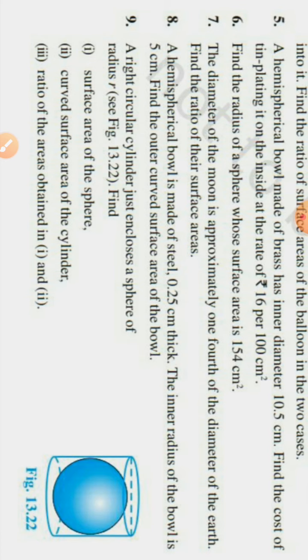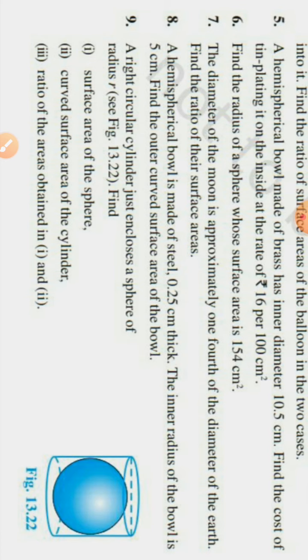Only the radius of the sphere is given, nothing else. But out of the radius of the sphere we can find the height of the cylinder as well as the radius of the cylinder. If you understand the question and the figure well, then you can know the radius of sphere and radius of cylinder are both equal. Why? They are exactly of the same size.